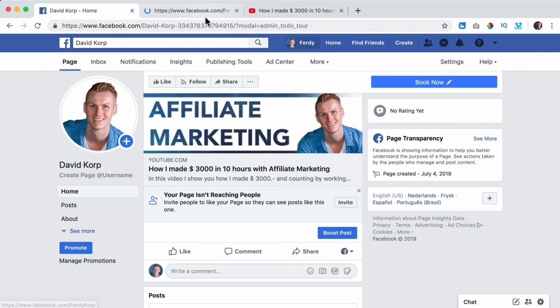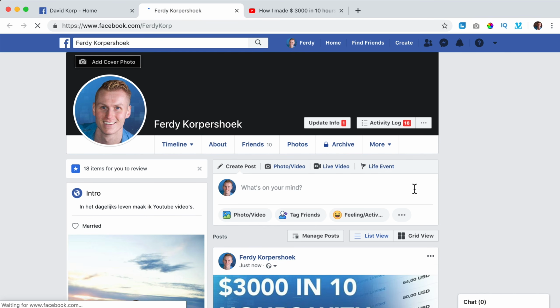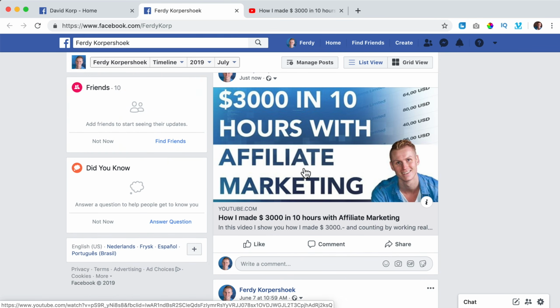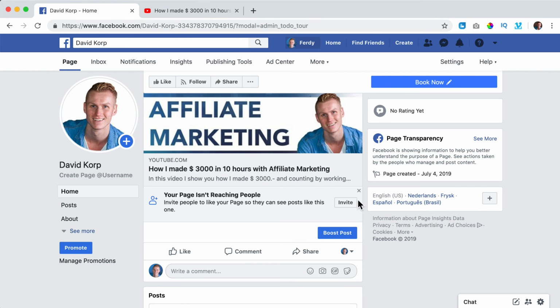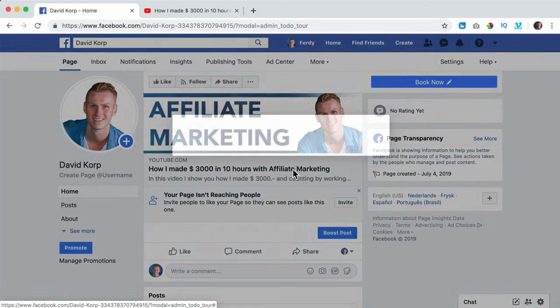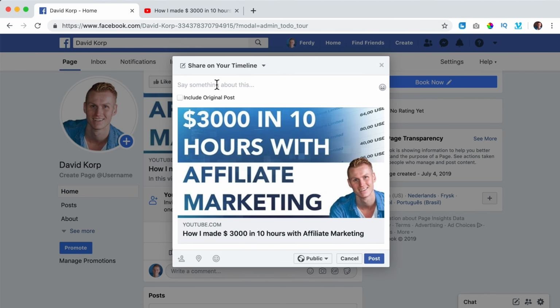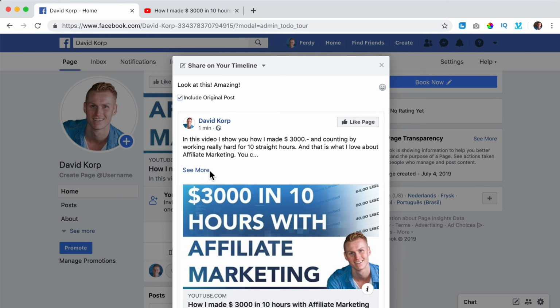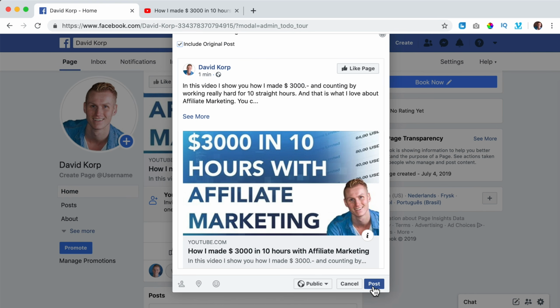So now when I go to my own profile, it is shared. You can also share it a different way. Share as a message in a group, on a friend's timeline, to a page. If you say share, you can add your own story to it. Look at this, amazing. Include original post, which is this one, or exclude it. I like to include it. And if I post it,